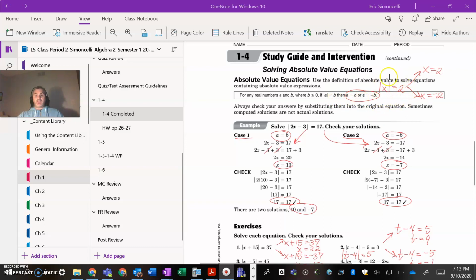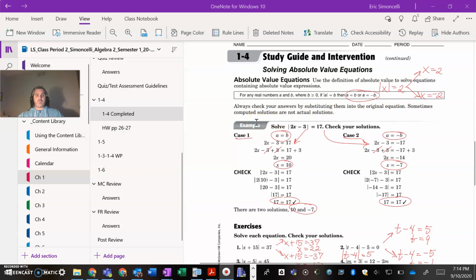And here's a quick example to highlight this. If you were given this equation, not knowing x, how do you go about solving something like this? Well, if the absolute value of x equals 2, there has to be two choices, or two solutions. So 2, of course, makes sense. The absolute value of 2 we know to be positive 2. But also, -2 must work, because the absolute value of -2 is also 2. So in both cases, not only does a equal b as a solution, a equals -b is a solution. We always need to check our answers by substituting them into the original equation,